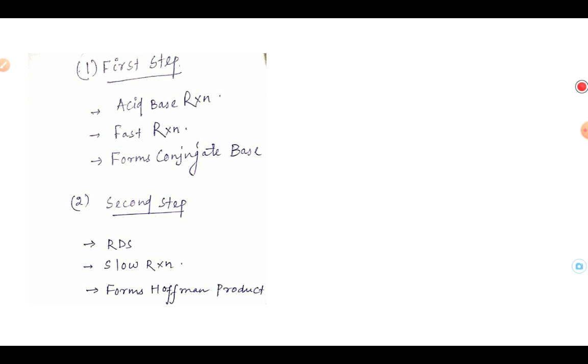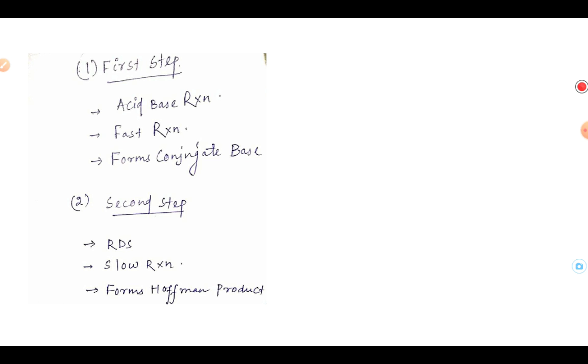And in the mechanism part, I said in the first step itself, it is an acid-base reaction. And I have also given the example of HCl, put in your hand. This is a very fast reaction. So acid-base reactions indicate that these are fast reactions. Hence, the E1CB mechanism also follows a very fast reaction in its initial step.